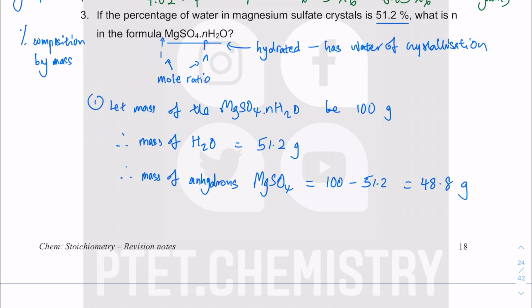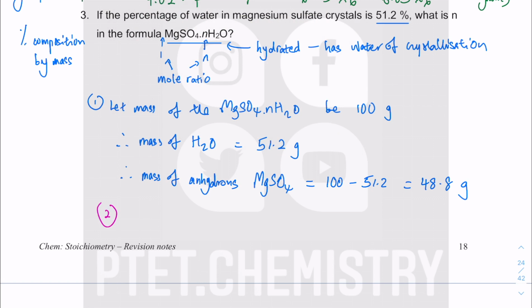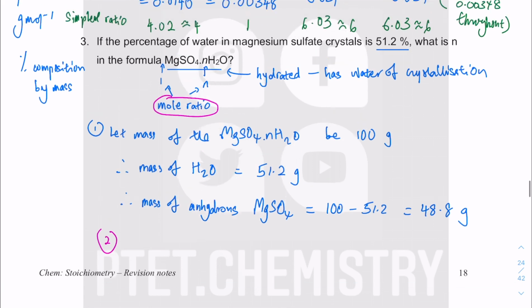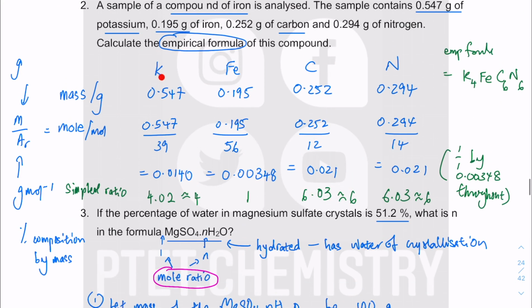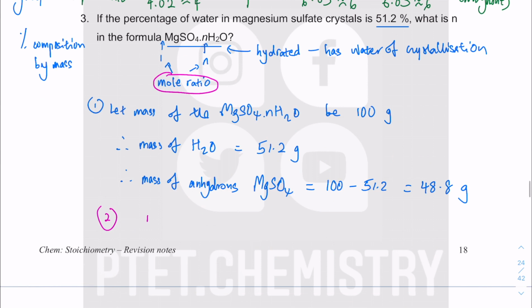So this is not strictly speaking the empirical formula kind of question, but I thought it would be quite interesting because you are just comparing mole ratio. You're comparing the mole ratio of MgSO4 unit to the mole of H2O, just like you're comparing the mole ratio of atoms. We are comparing the mole ratio of MgSO4 to H2O there. So if I write the mole of H2O over the mole of